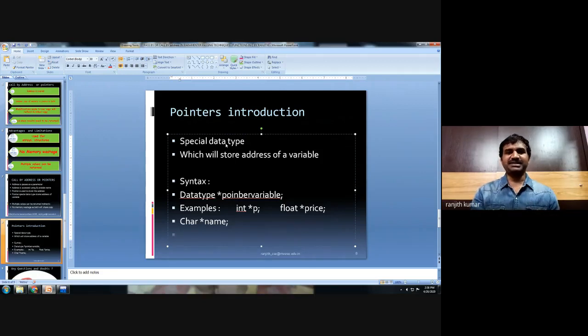The pointer variable is equal to address of a variable.